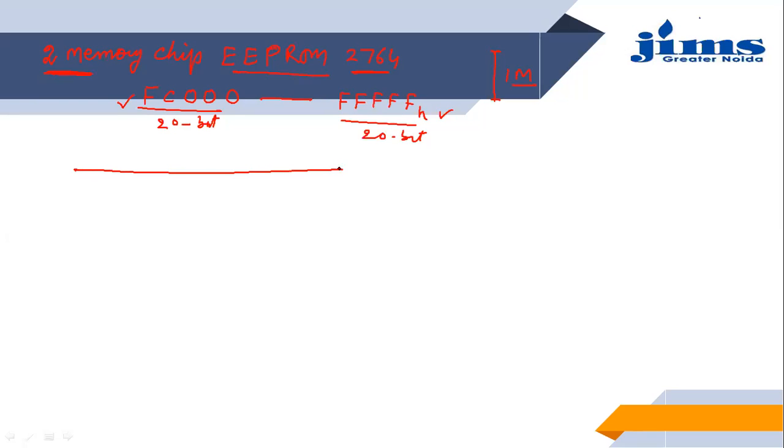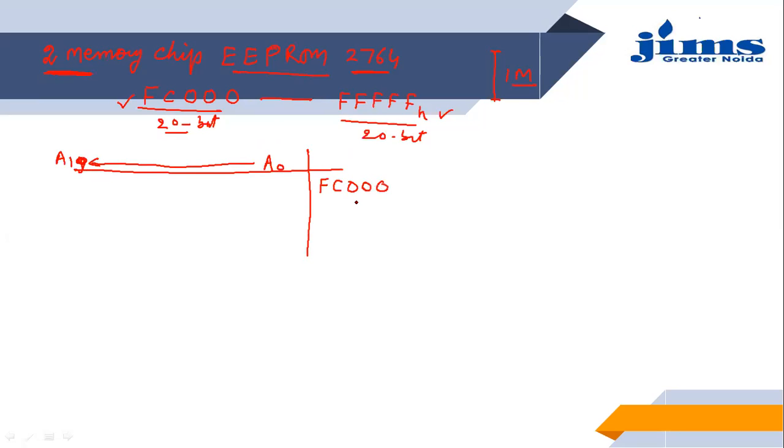If you say my total address space is from A0 up to A19, a 20-bit address, then this 20-bit address should generate the starting address